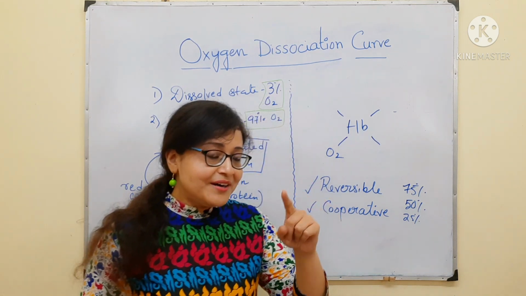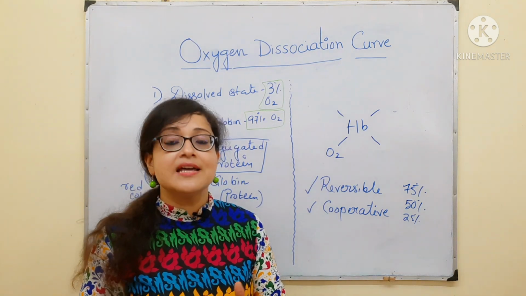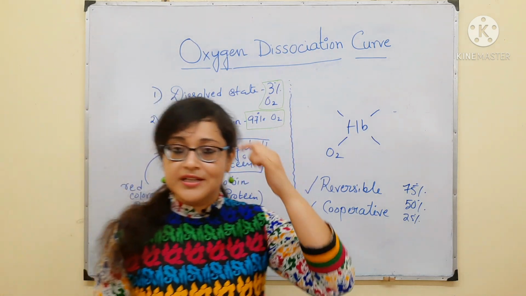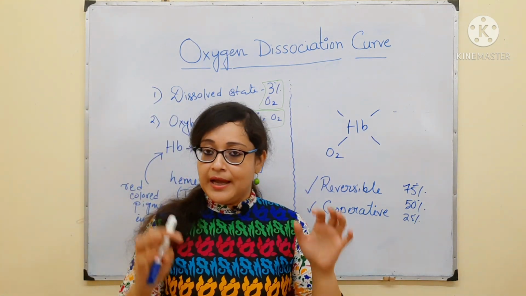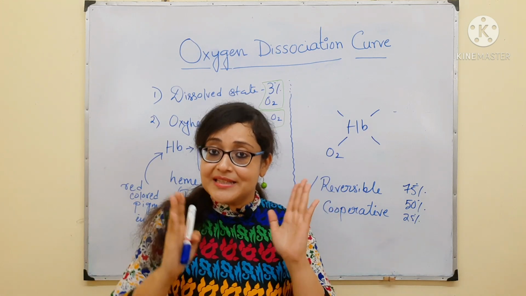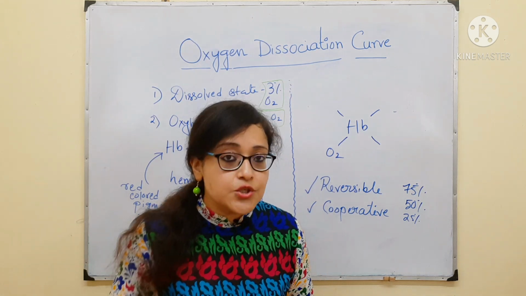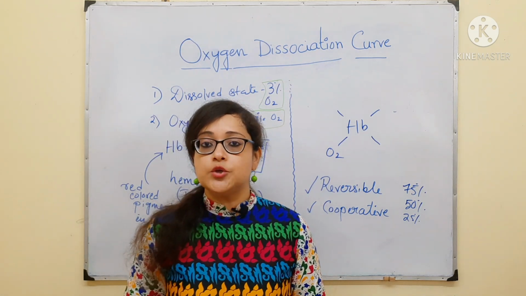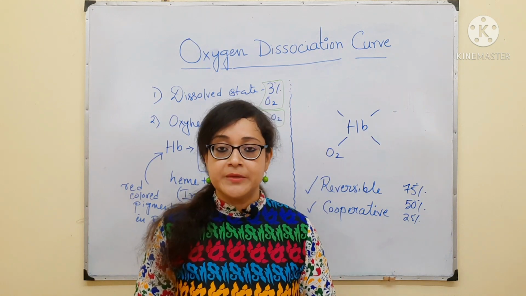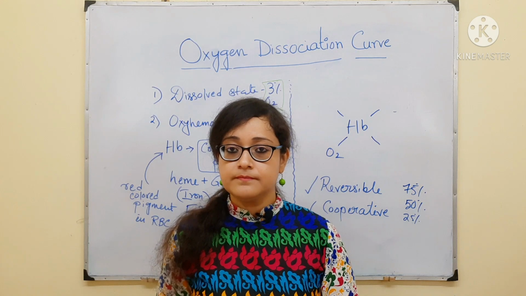One very important point is why I am mentioning this: our ultimate topic is the oxygen dissociation curve. So before going into that, it was very important to make you understand these concepts, like what is hemoglobin, how it gets attached to oxygen, and what is referred to as saturation or percent saturation. Now, why are we concerned about the oxygen dissociation curve?